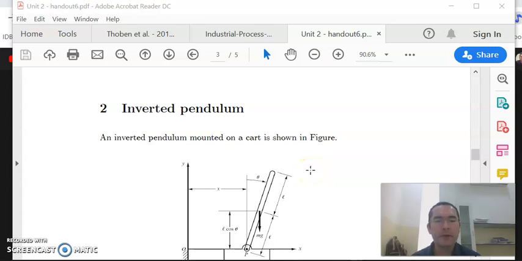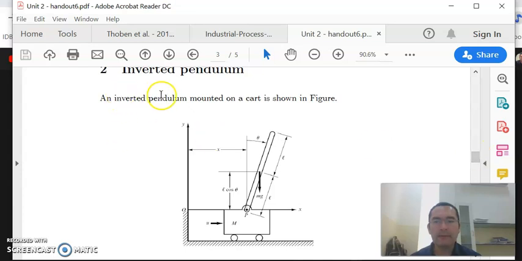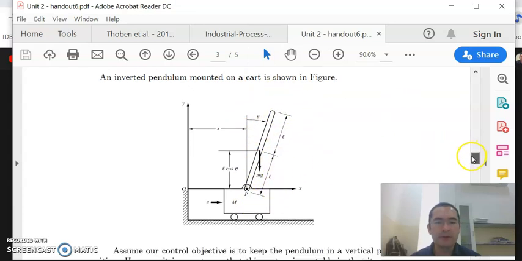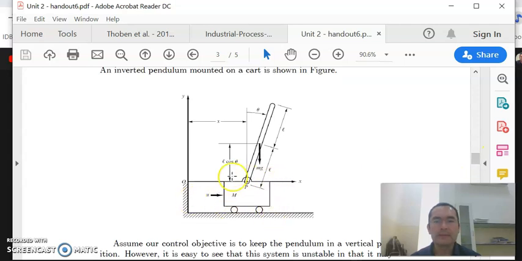Okay, in this video, I will show and explain the equations of our inverted simple pendulum. An inverted pendulum mounted on a cart is shown in this figure here. You can see that this is the cart, and on this cart we have this rod. The rod is mounted, and it can rotate,